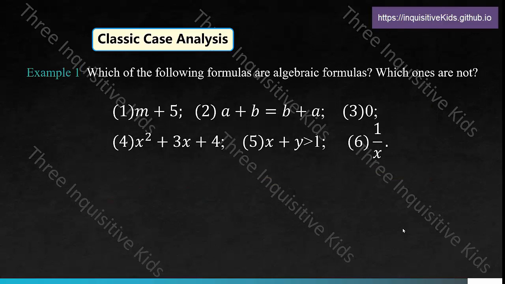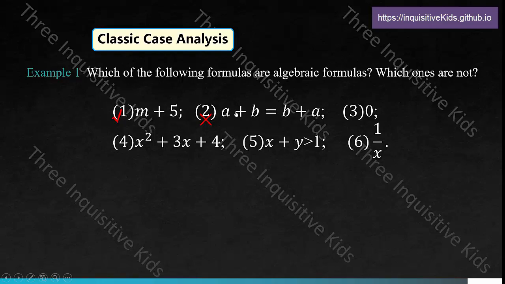Classic case analysis. Example 1. Which of the following algebraic formulas are considered algebraic formulas? Which ones are not? Pause the video and try to figure that out by yourself. So the first one is an algebraic formula because it is a variable and a number being connected by some sort of operation. Second one, it is not an algebraic formula because over here, as you can see, it isn't